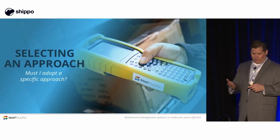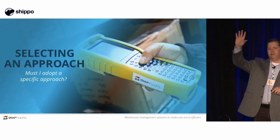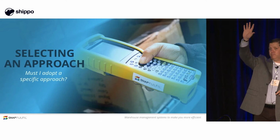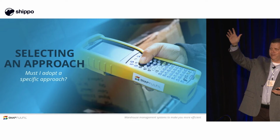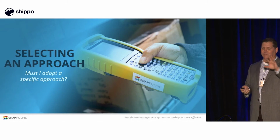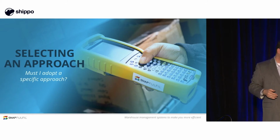Selecting an approach, and if, I'm going to ask for raising hands here. Lean Six Sigma green belt, yellow belt, black belt guys? Anybody? Theory of constraints. Total quality leadership, total quality management, any of that stuff. Process reengineering. All right. What happens is, in our facilities, there are folks that have been exposed to all of